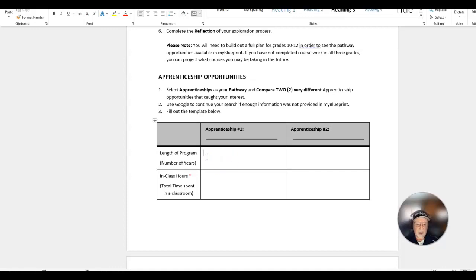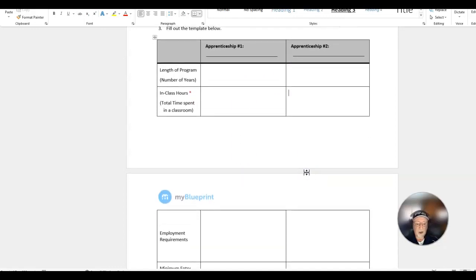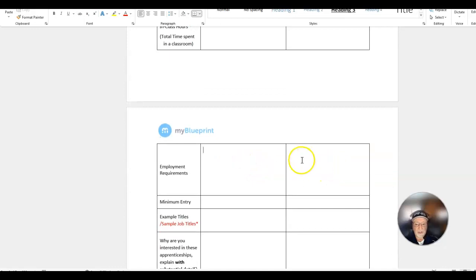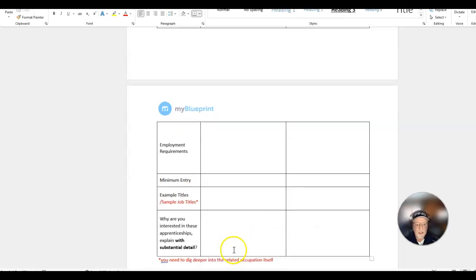And you key in here the length of the program, in-class hours, the employment requirements, like what you need in order to be able to do that job. For example, if you're in grade 11, taking social studies 20-1, you must have taken 10-1 in grade 10, and that's the requirement in order to do 20-1. The minimum entry that's required to access that, different job titles that might be found for this, and